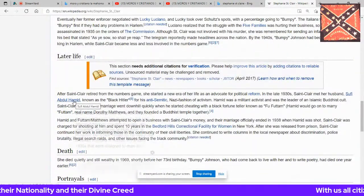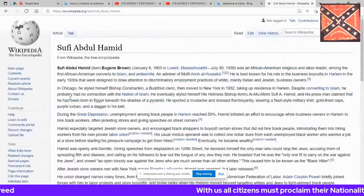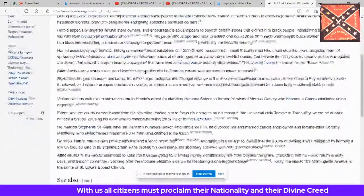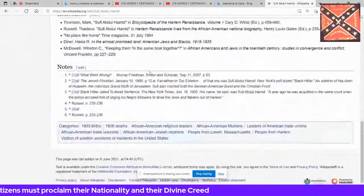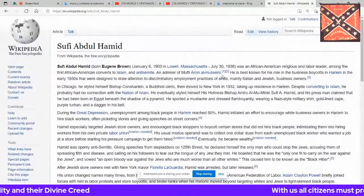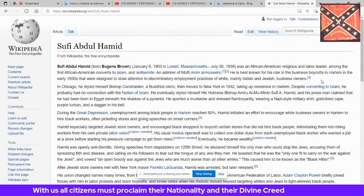If you want to go in, look up this Moor named Abdul Hamid. They call him the Black Hitler, Abdul Hamid, and that's probably where we get all the connection from too. What people don't understand is that Italians were considered black people. Irish were considered black people. Who else came over here as immigrants that